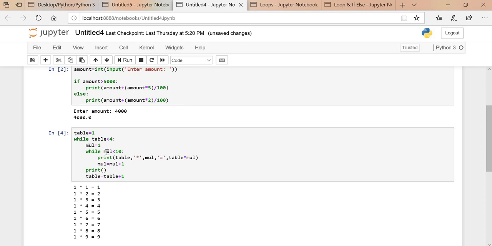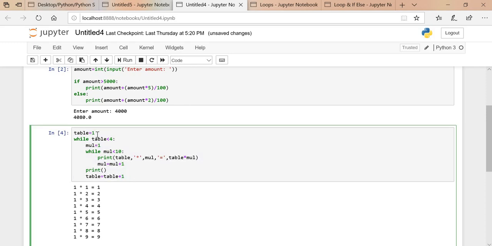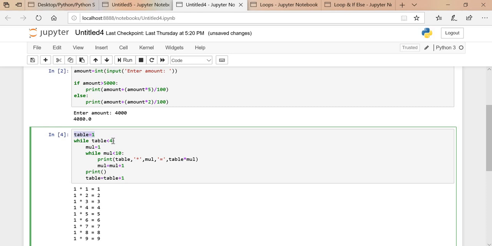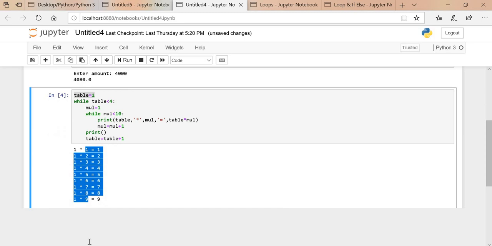Okay, so we'll see this code. See, we have given one condition like table equals 1, meaning the table is starting from 1. Then the while loop: while table is less than 4. Okay, we have to create the table till 3 only. So we have given this condition, then colon, then this multiplication.